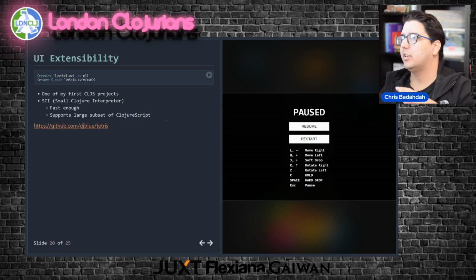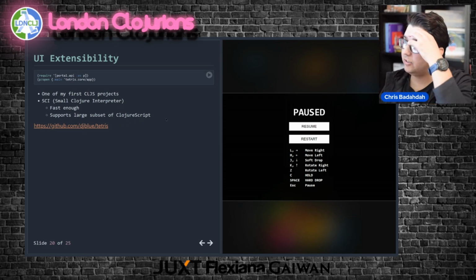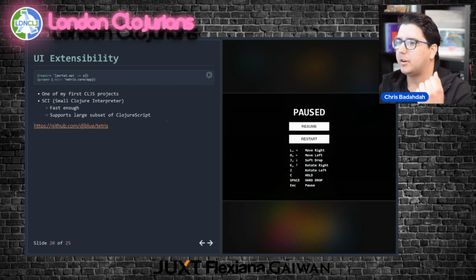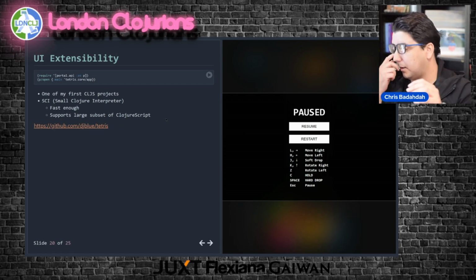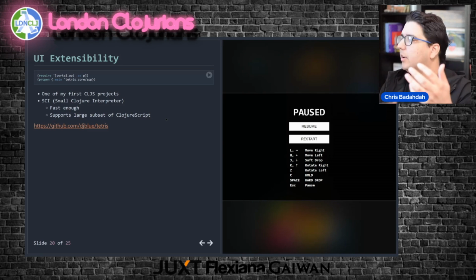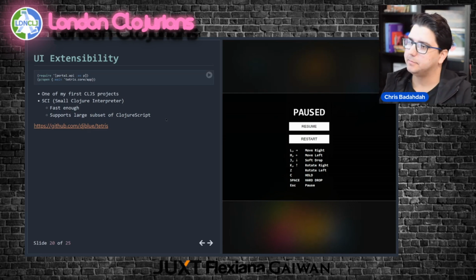But this is the engine underneath if you wanted to get into the UI extensibility, right? Because as I was talking about, you can take Hiccup, and I didn't demo it, but there's documentation, right? You can start from Hiccup, get a nice view that you like without even touching the UI. And then eventually, when you're ready, you can start shipping ClojureScript to the client. And it's pretty performant. It's pretty cool.